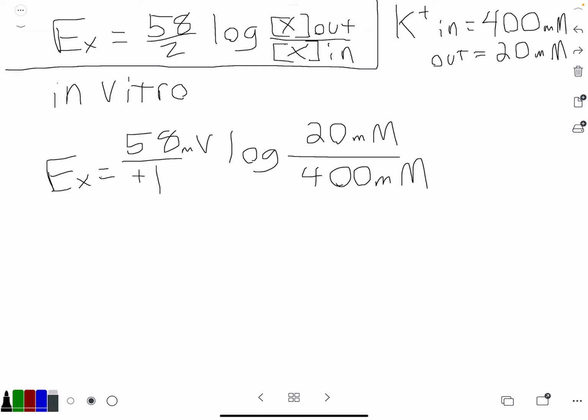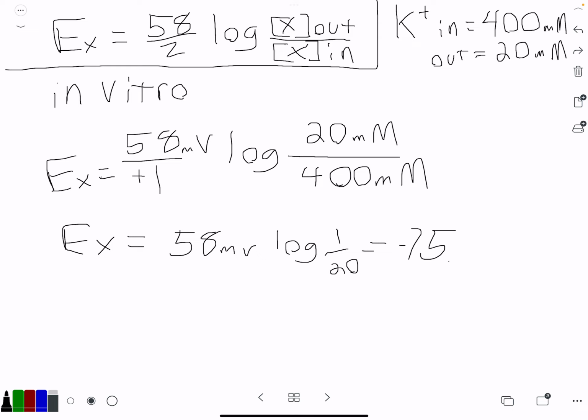Okay, and if we do that, we find, and I'll just do a little intermediate step here. 58 divided by +1, that's our 58 millivolts. And we're multiplying this by the log of 20 over 400, which reduces to 1 over 20. And so you can do the math on this. The log base 10 of 1 over 20 times 58. And this gives us negative 75.5